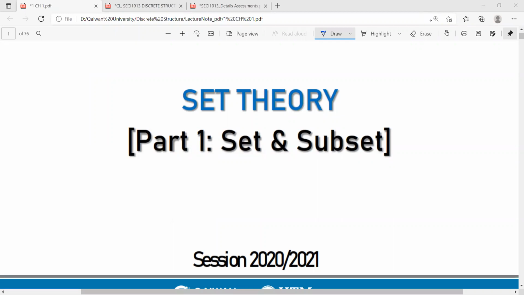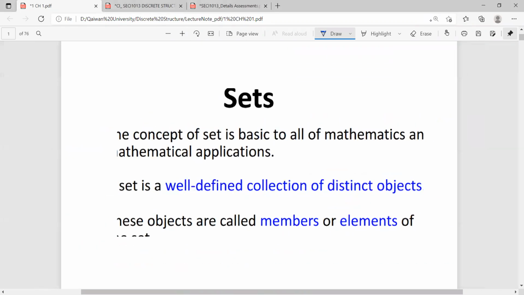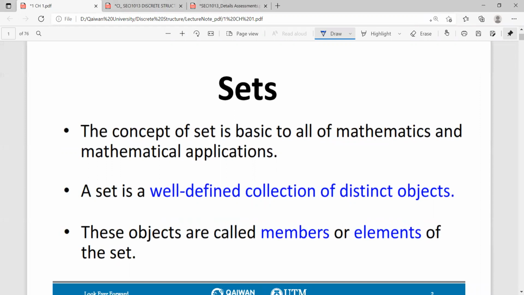First chapter, as I said, it's about set theory. It's 4 parts. Part 1 is only about sets and subsets. It's only basic things about sets. Here we have the definition of sets. We say,